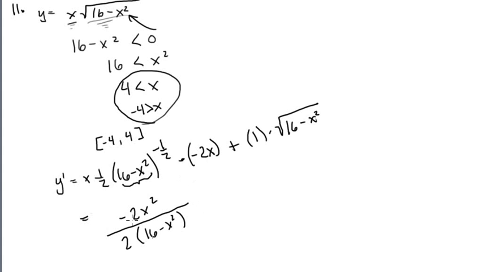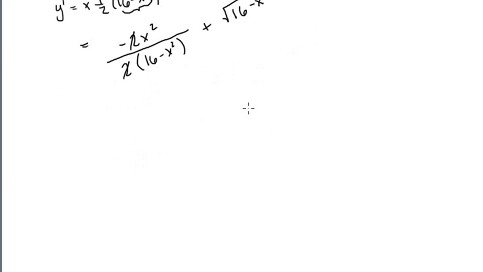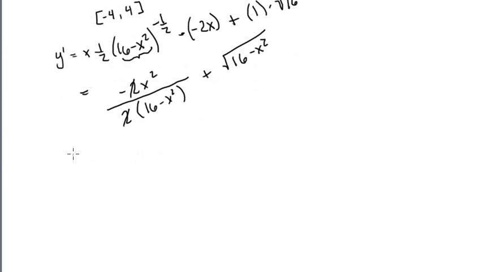So this 2 will cancel out with that, and plus square root of 16 minus x squared. Okay, y prime equals negative x squared over the square root of 16 minus x squared, plus the square root of